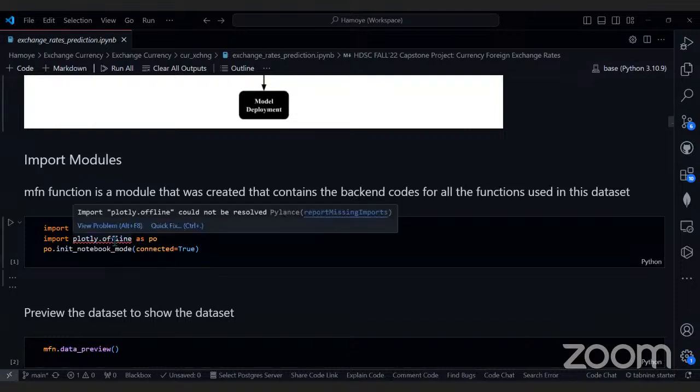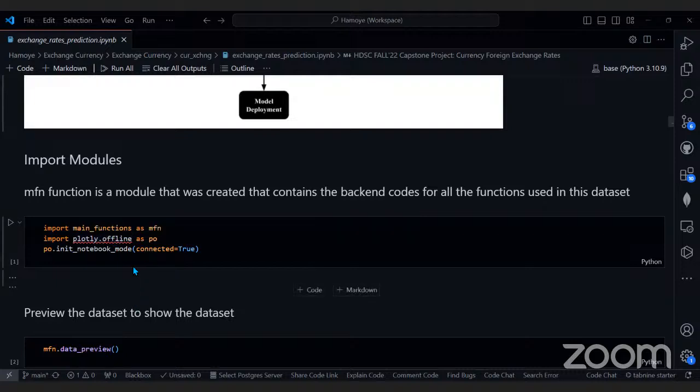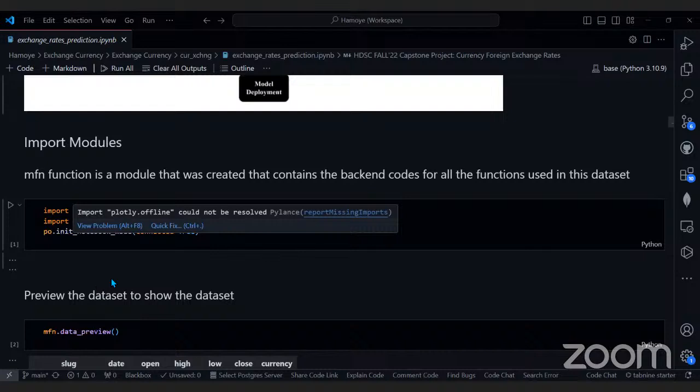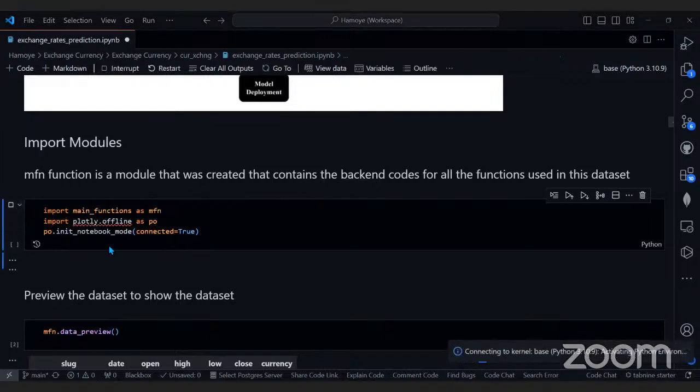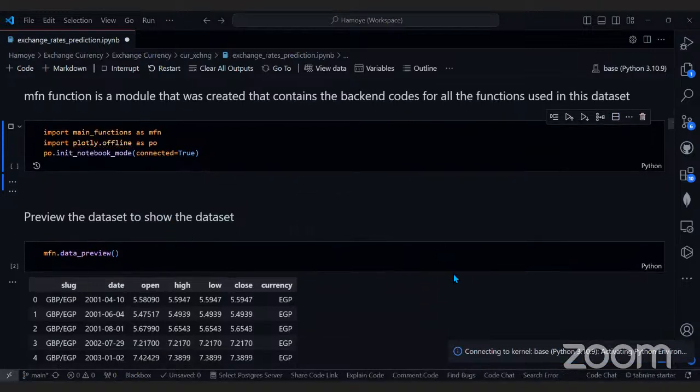But here, our plotly is here. We actually use plotly for our visualization. Plotly is an interactive library used for visualization. Right? Most of us are familiar with it. Personally, I like using plotly compared to other ones. Not like any one is better than the other, right? But I prefer using plotly and I've just gotten used to it. So I came up with the suggestion that we should use plotly. So yes, plotly is the library we used for the whole of this project. So let me run this. So I'm going to break everything down. We are here to learn. Like I said, we're not going to rush this one. We just gradually go, connecting to my notebook.